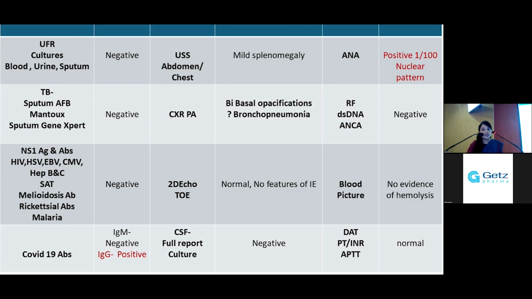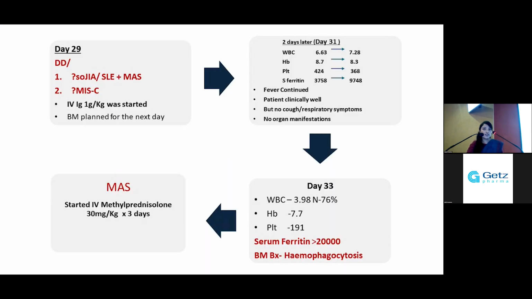Her ANA was positive, 1 in 100 with a nuclear pattern. However, the rheumatoid factor, dsDNA, and the C3, C4 levels were negative. The blood picture showed no evidence of hemolysis, and the coagulation profile was normal. So keeping all these differentials in mind, on day 29, at the time of the referral to the rheumatology care,